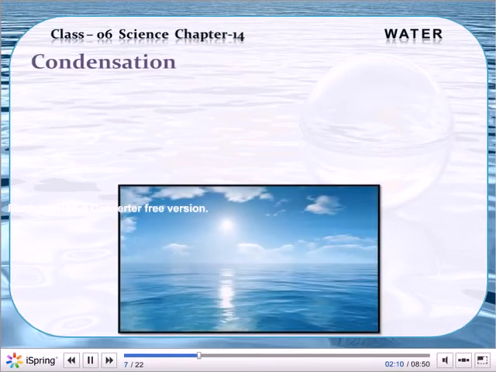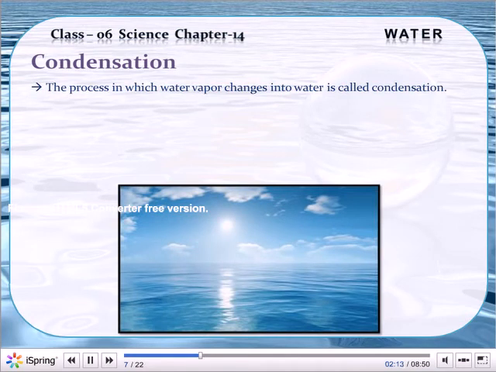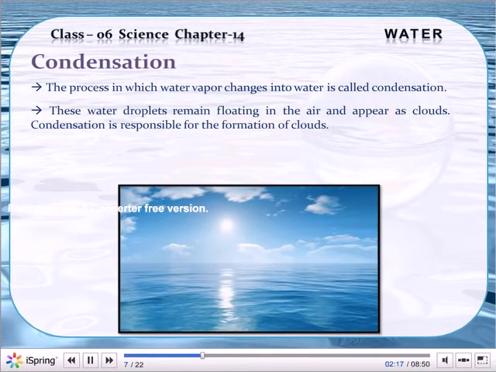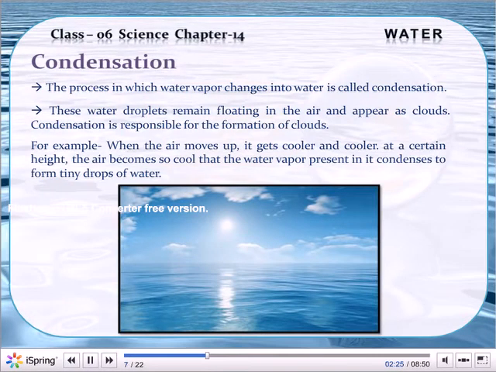Condensation. The process in which water vapor changes into water is called condensation. These water droplets remain floating in the air and appear as clouds. Condensation is responsible for the formation of clouds. For example, when the air moves up, it gets cooler and cooler. At a certain height, the air becomes so cool that the water vapor present in it condenses to form tiny